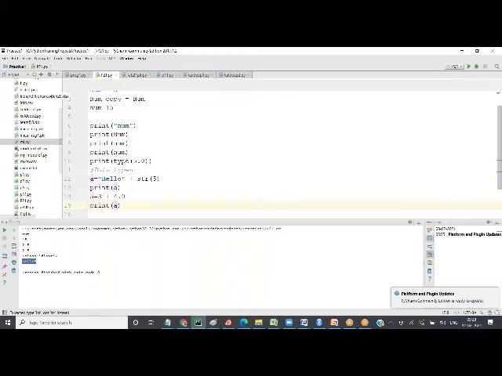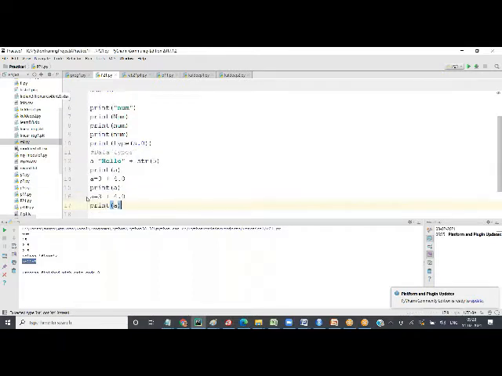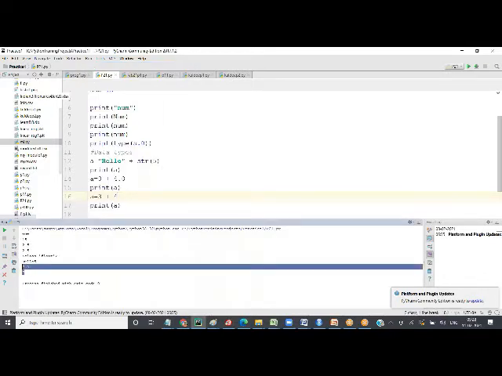So what happens? A will be converted into float to save the decimal part. This is called implicit conversion. The type of a will change based on the value. So if I say a equals 3 plus 4.0 and a equals 3 plus 4, and when I run it, you get 7.0 in the first case because 4.0 has a decimal point.